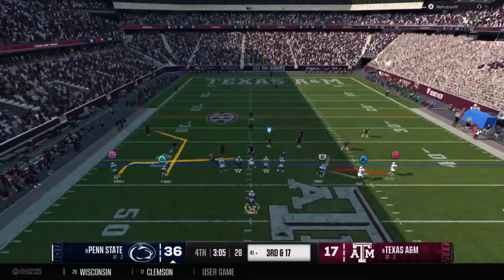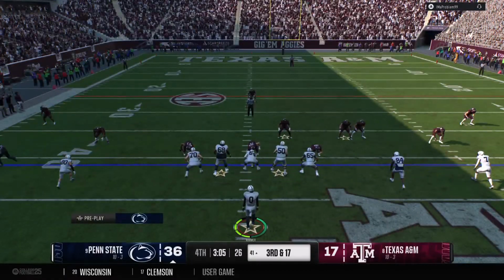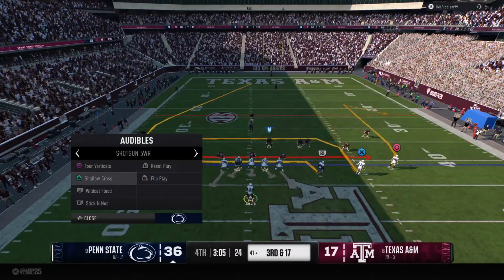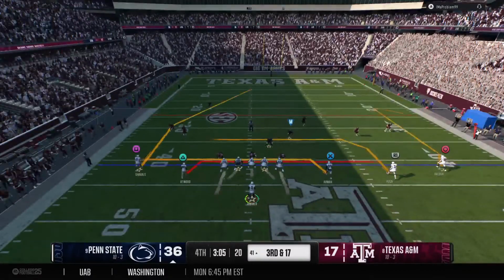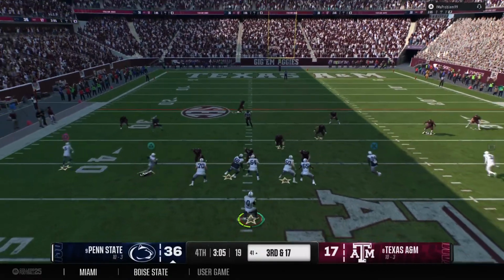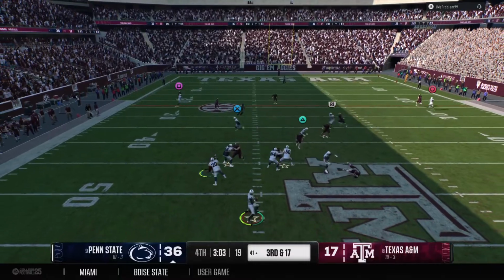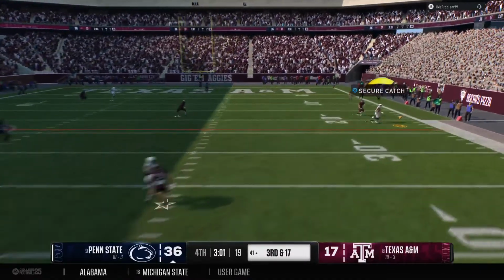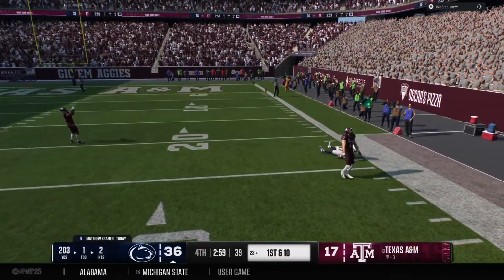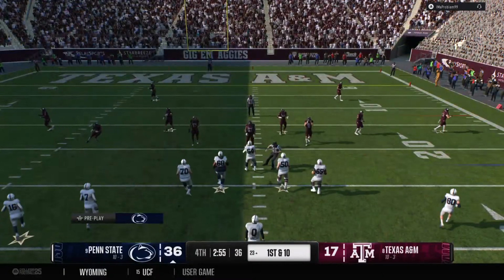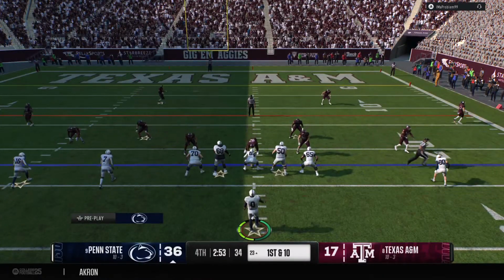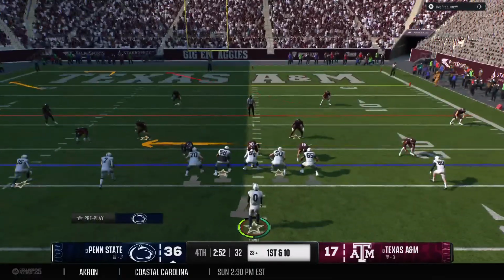Ninth play of the drive coming up. This is a tough third and long. No press here. The defense backing away. Looking to throw it on third and very long. Lets it fly to the wideout. It's caught downfield. And he goes down, but the important thing, it's enough to move the sticks and a fresh set of downs. The Nittany Lions will line up on 1st and 10.